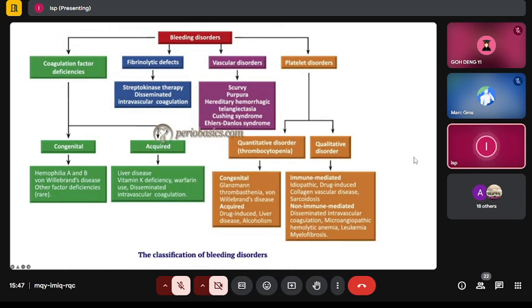So this is one of the most important mind maps or graphs you need to remember for these slides. It summarizes basically everything you need to know. If you don't know the other slides, just remember these slides for your exam. Okay, so